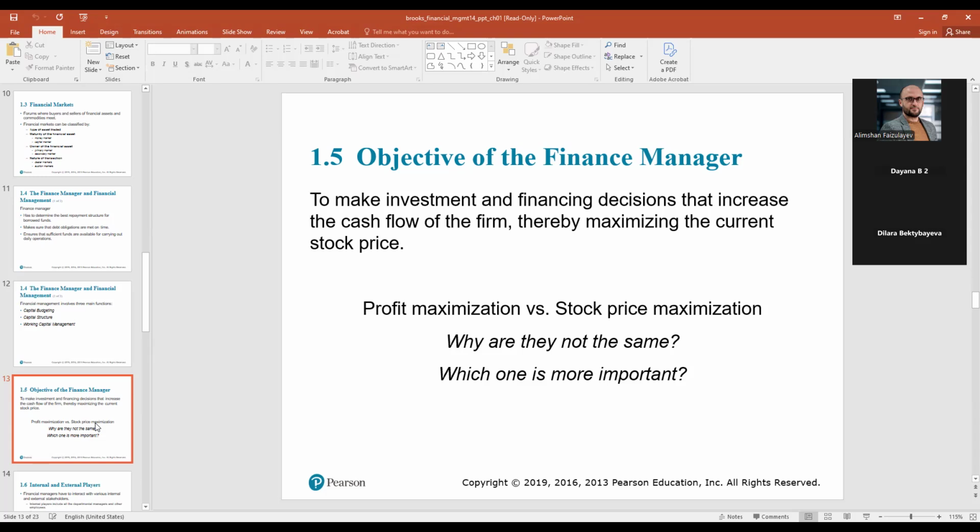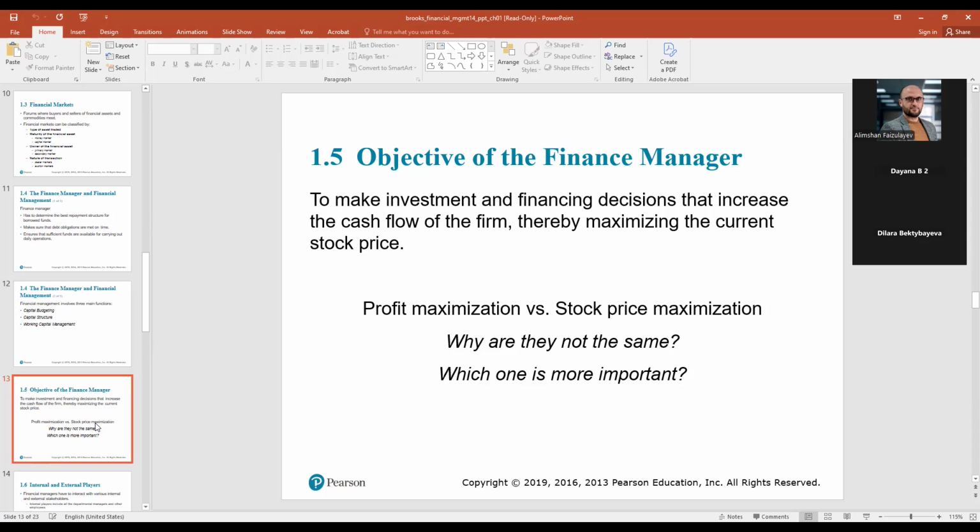Sometimes the financial manager would like to maximize the profit to earn the money, but the shareholders, who are the owners of the company, would like to increase their wallet. For example, if you're a shareholder, what will you care most about? Stock price. Because shareholders get richer if the stock price increases. Yes, they receive the dividends, okay, but the dividends are nothing when the stock price is increasing. Yesterday, I showed you the example of Tesla. It was $1, it became 500, then it increased. Nvidia, other companies, okay? So stock price is much more important for the shareholder, but the financial manager cares more about